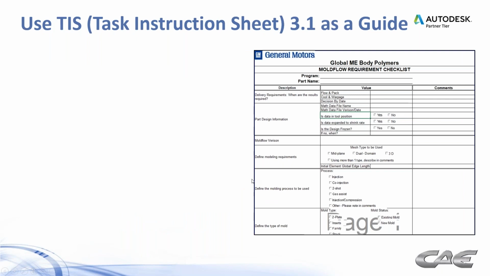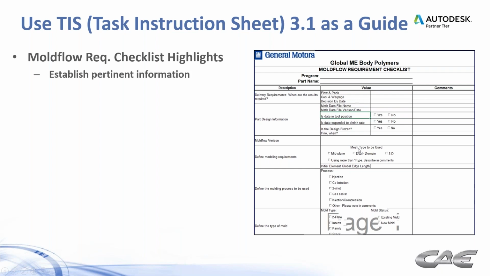So in order to go down this path, and when you're involving everybody, it's good to have a discussion and ask a lot of questions, as I said. And you can use these task instruction sheets that GM provides for various things. But the first thing is the Moldflow requirement checklist, and this is just a fraction of what's actually included in here. But some of the highlights are to help you establish pertinent information, machines and so forth, materials, tooling,